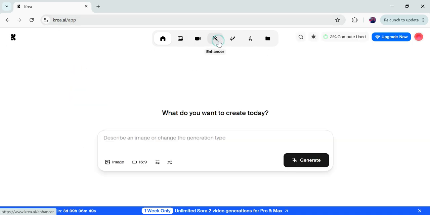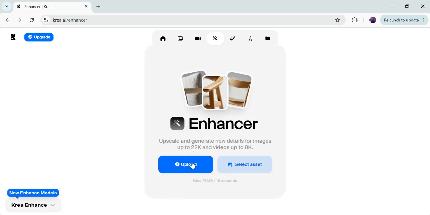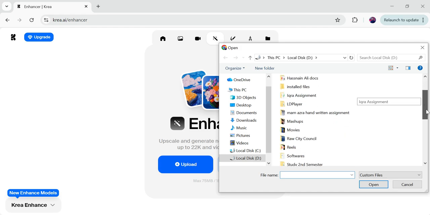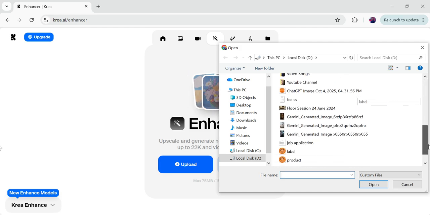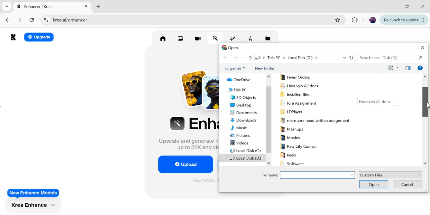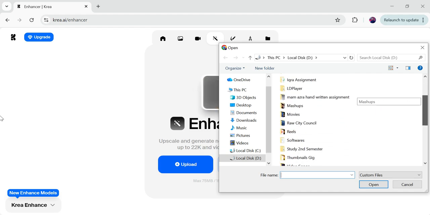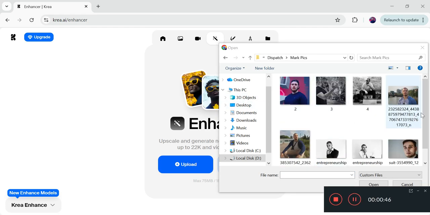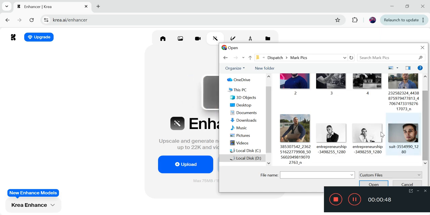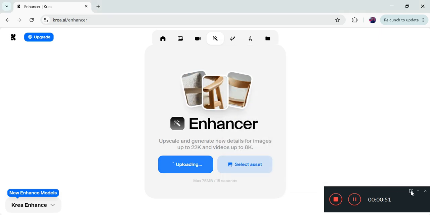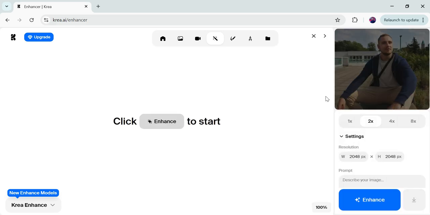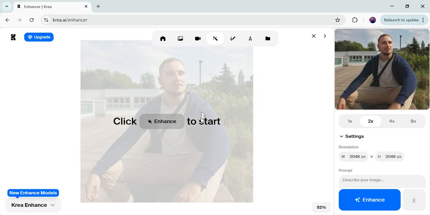So first of all I will go to the enhance section, and here I will upload one of my images so that a high quality result can be created from the image. Let's choose any of our pictures. Let me choose one. So let's suppose we are going to choose this image, and let's see how much the image is enhanced with the help of this tool. It will just take a few clicks, and within a few seconds your high quality image will be generated. Let's click on enhance.